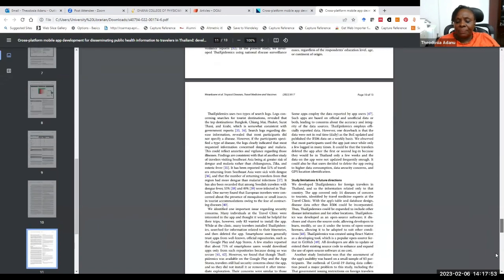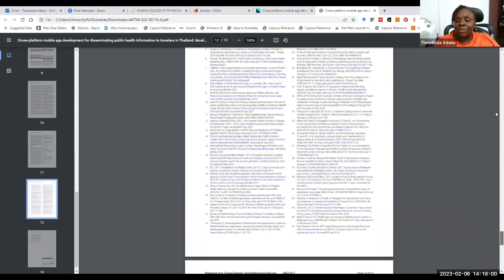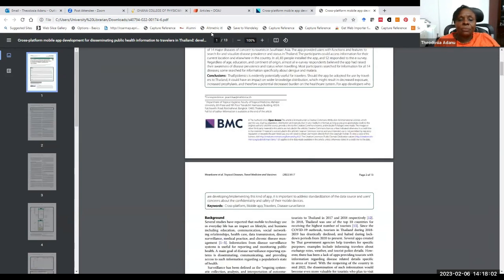And if it's something you are interested in, it's a BioMed Central article. You can save it and use it later. Okay, so we'll go back to our list of